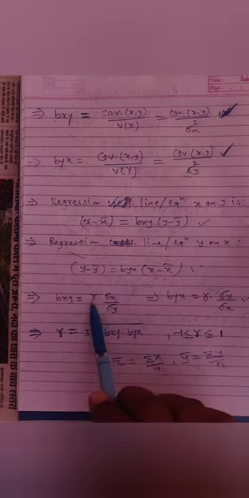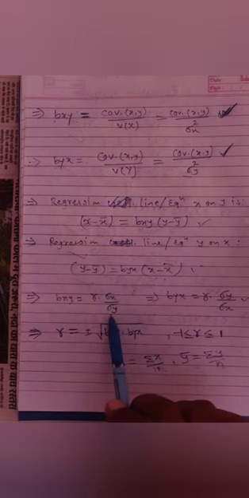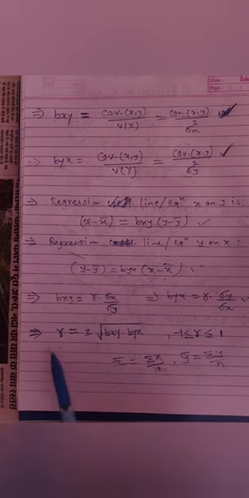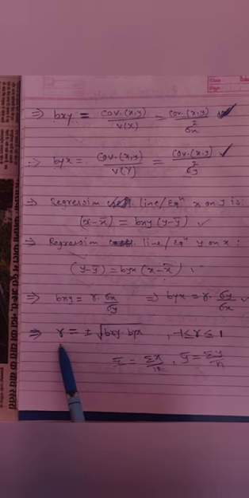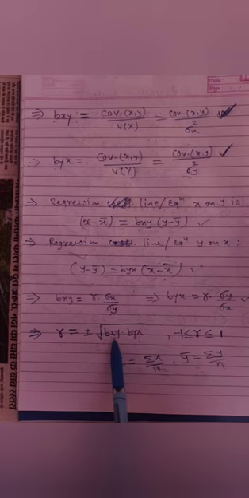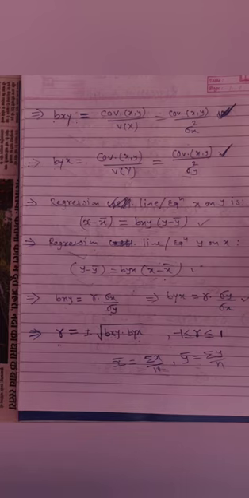Similarly, bxy is equal to r into sigma x upon sigma y. This formula is used when the value of standard deviation or variance of x and y and the correlation coefficient is given. And these bxy, byx are known as regression coefficients and r is known as the correlation coefficient. So with the help of regression coefficients, we can find the correlation coefficient. So with this we have finished the formulae of regression analysis. In the next lecture we will see the problems or exercise part of regression analysis. Thank you.